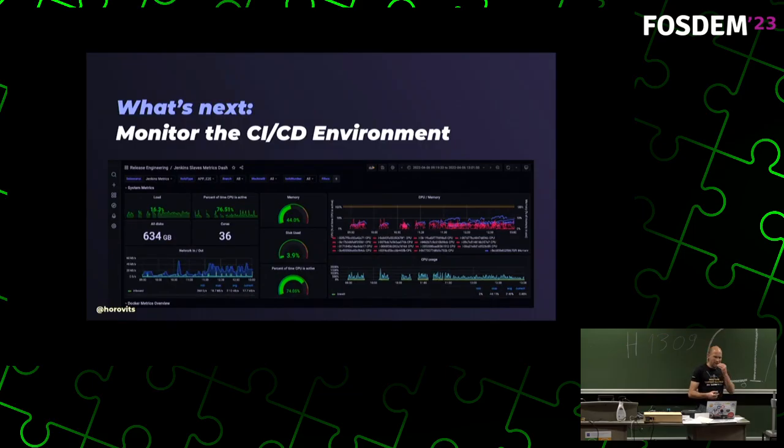The next step is, as I mentioned before, many of the pipelines actually failed not because of the released code, but because of the CI/CD environment. So we decided to monitor metrics from the Jenkins servers and the environment. It goes to the system, the containers, the JVM, essentially anything that could break irrespective of the released code, and